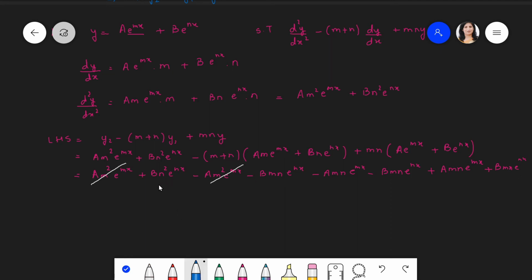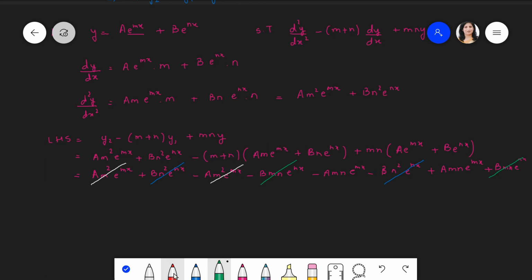Bn square, where is bn square? Oh, this one, this is n square. So here when we are multiplying by n, this becomes bn square. Alright, so here you can see bn square can be cancelled with this term, and minus bmn cancels with this,